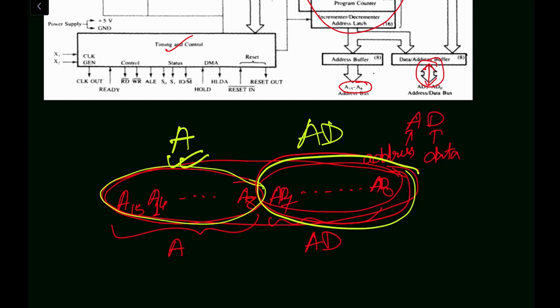At a particular moment, suppose it transmits either data or address. Thus, the AD bus, that is the address data bus, operates in the time shared mode. This technique is also known as multiplexing. It will work as an address bus, or sometimes it will be used for the data purpose. So this 8-bit microprocessor has a 16-bit address bus.